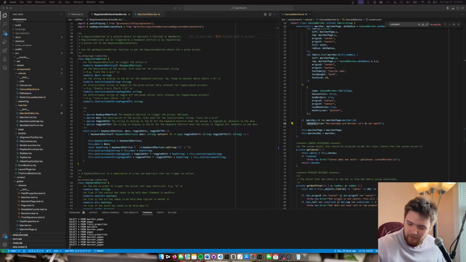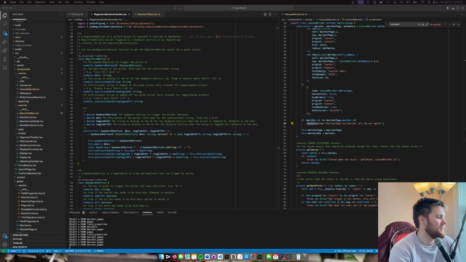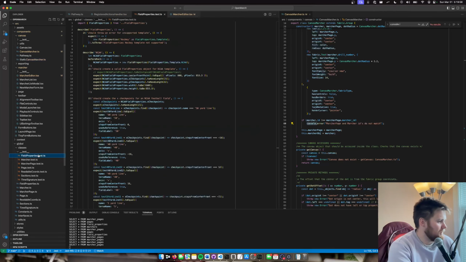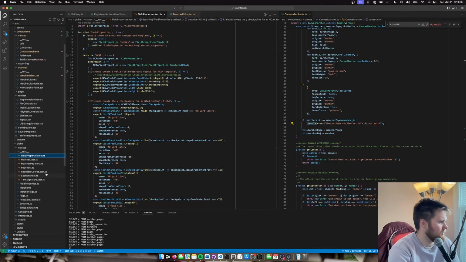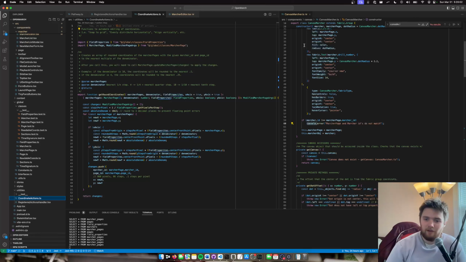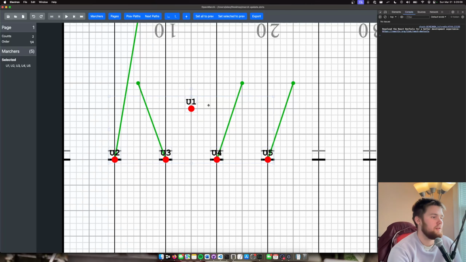So the way that this app works, and I have some development stuff on the wiki, but it is horrifically out of date. So I'm going to walk through how all of it works. So let's use an example we have right now. Classes. We have coordinate. Where did I put these? Coordinate actions. Okay. So if we want to, let's say, round a marcher's coordinates to the nearest step, like this,